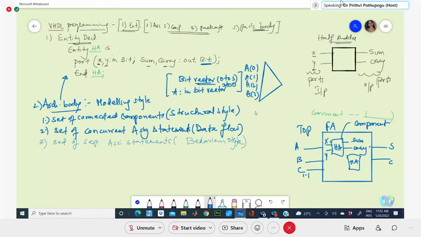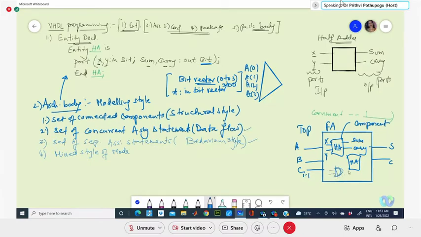Where you feel the complexity is more, some can be declared in structural style, some can be easily declared in data flow or behavior. You can club them together also. That we call the mixed style of modeling. Say here you have another construct, an OR gate is coming here.